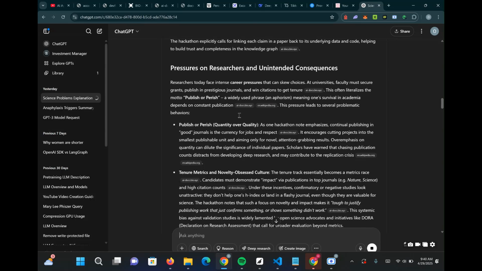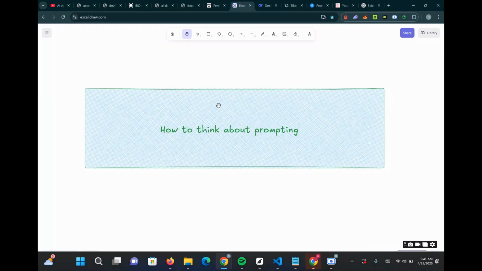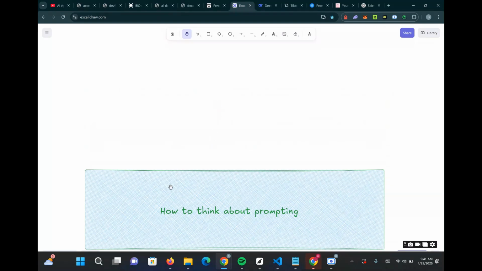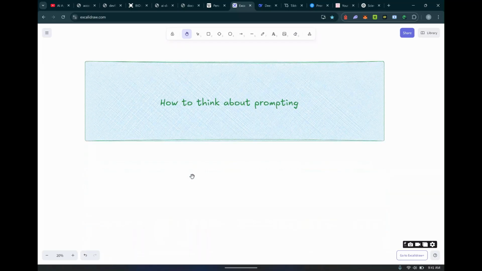Another way to think about prompting is that there are a lot of tools here. This is search, this is reason, this is deep search. You can make use of these to help the model get more context and more tools to use. Because one thing you have to understand is there's a cut-off date. The pre-training stage is done once for about 6 months, and they don't train every time because it's very expensive, right? So there's a cut-off date for the knowledge that the model has, and that's very important to take into consideration when you're thinking about prompting. So that's the next one we'll talk about, how to think about